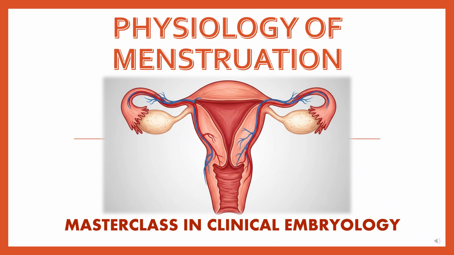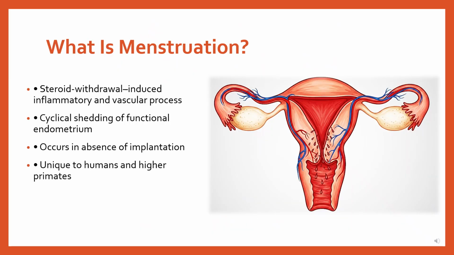Today's class is specifically meant for embryology students to help you clearly understand the physiology of menstruation, not only from a clinical perspective but with the sole aim of writing correct, structured answers in the exam. In this class, I will explain menstruation in a logical sequence, starting from ovarian events and ending with endometrial shedding and repair.